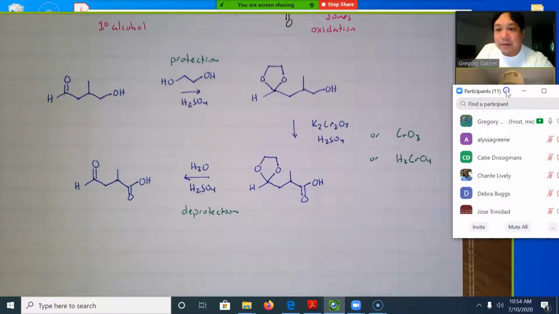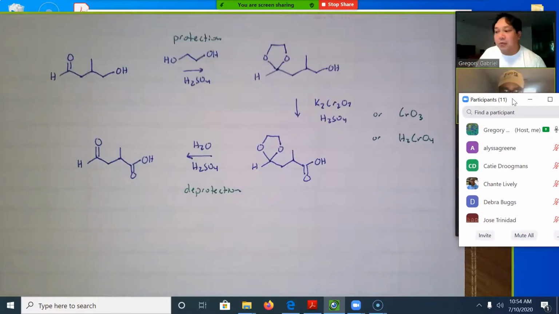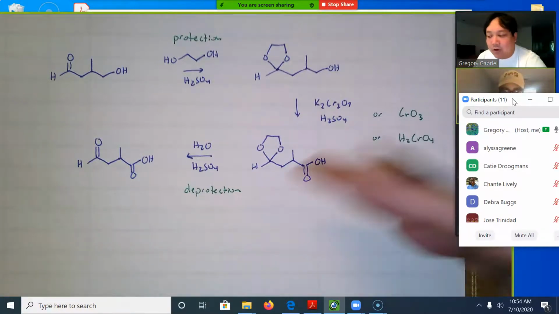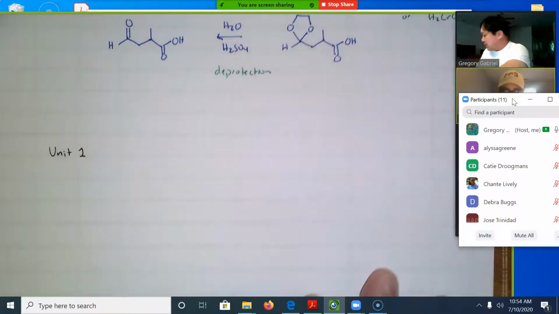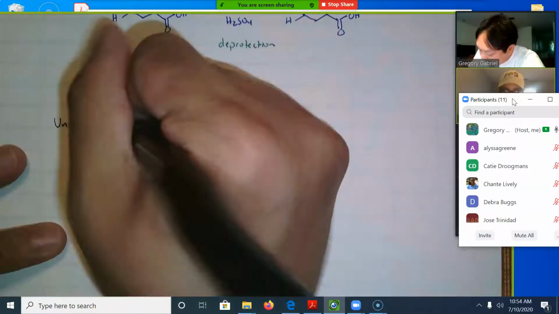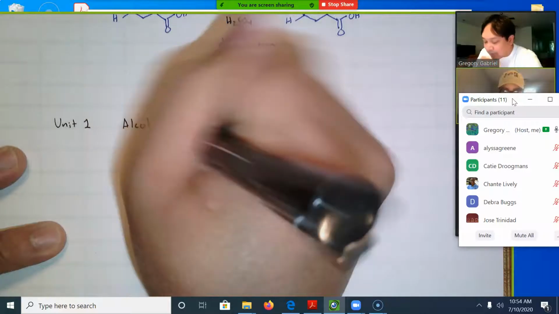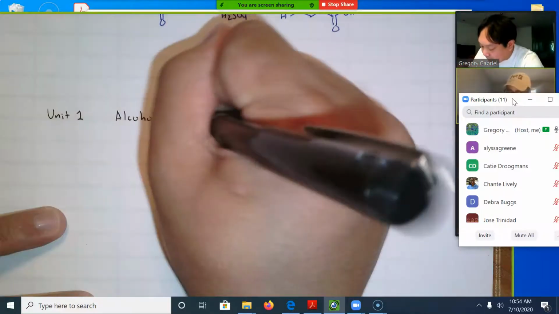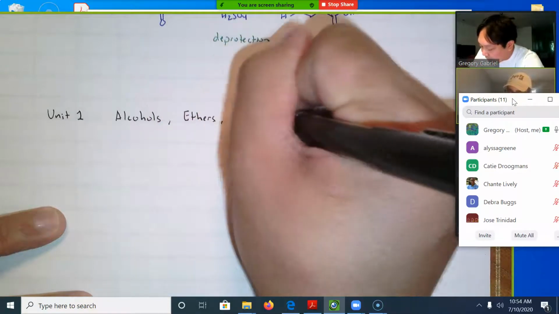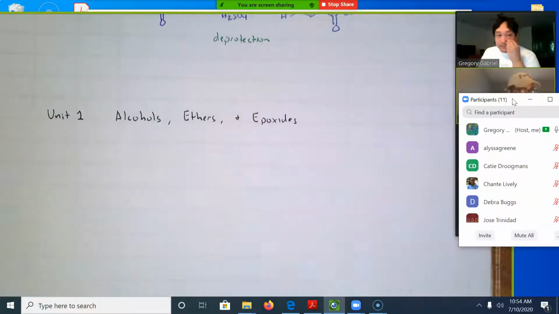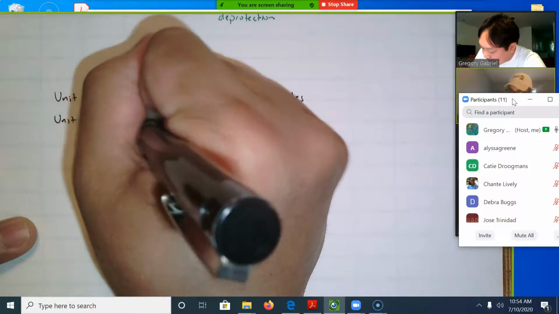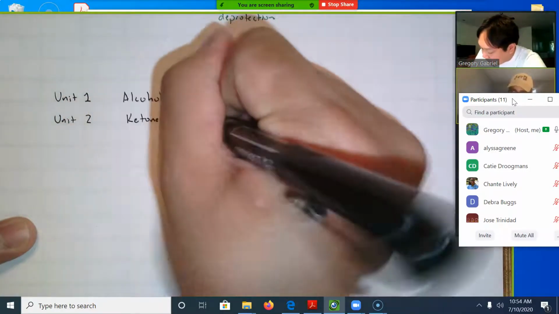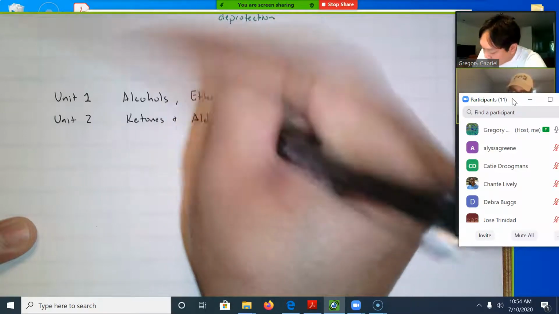Okay. Let me introduce Unit 3, and why are we doing carbohydrates right after all of this alcohol and carbonyl stuff? If you think about Unit 1, Unit 1 was alcohols, and there were other classes of molecules. I think we had ethers and epoxides. Unit 2, ketones and aldehydes. Unit 3,